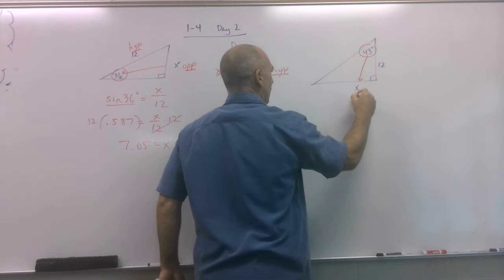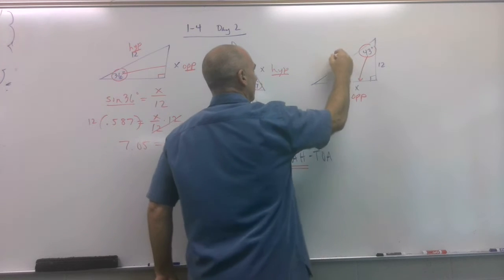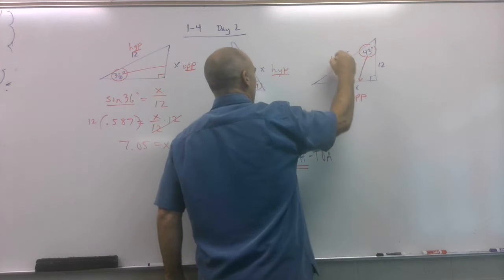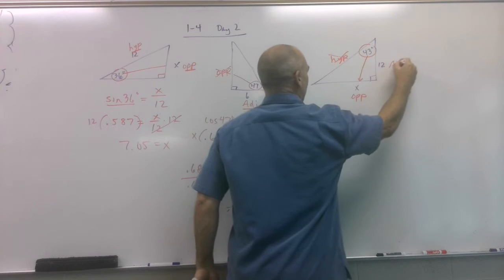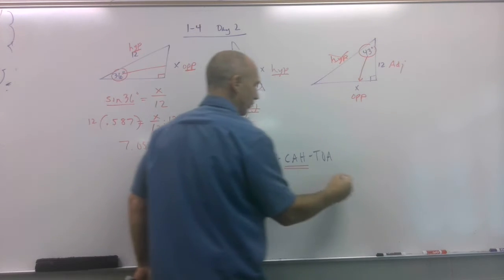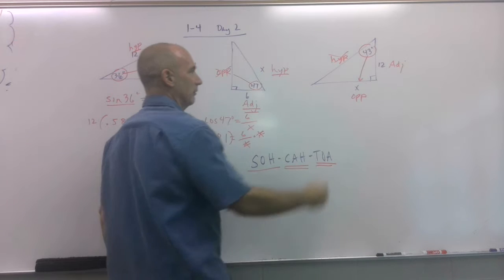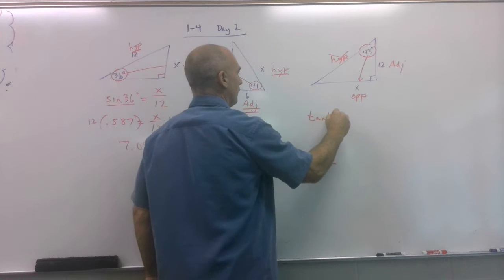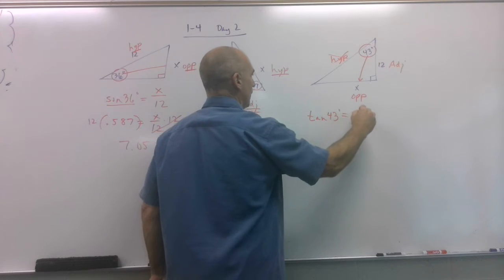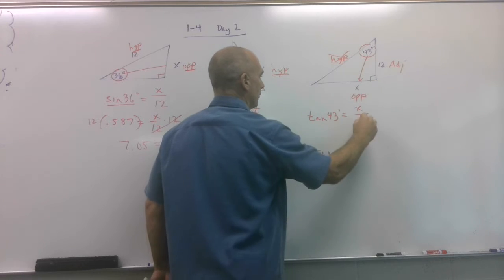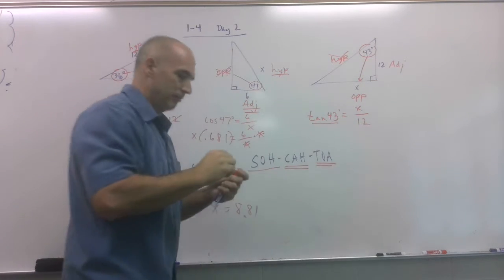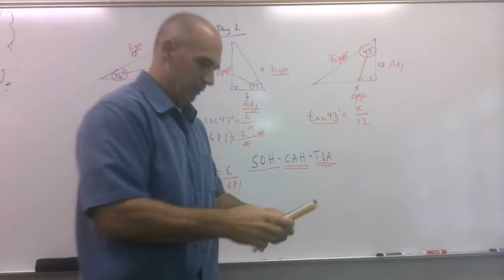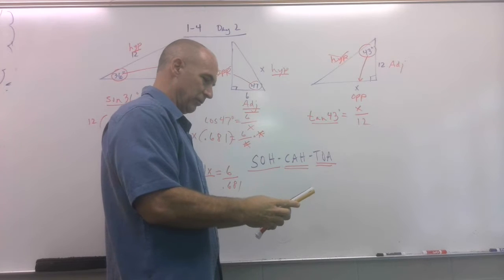I go straight across. That means this is my opposite. This is my hypotenuse, which I'm not going to use, but that makes this the adjacent side. So this time I'm going to use tangent. So the tangent of 43 degrees equals my opposite side over my adjacent. Let me look this up. Tangent of 43 degrees,